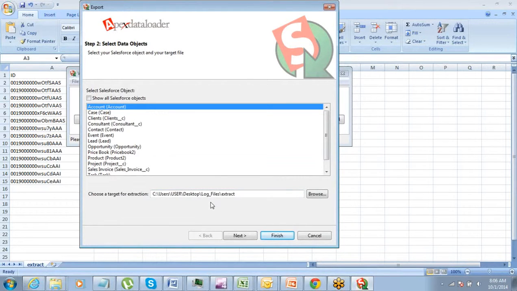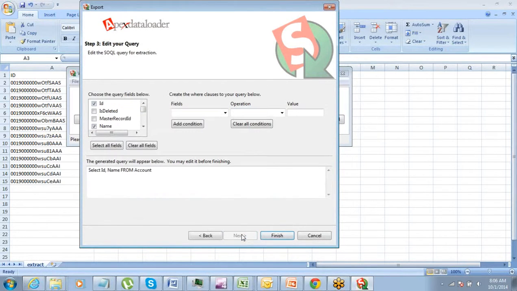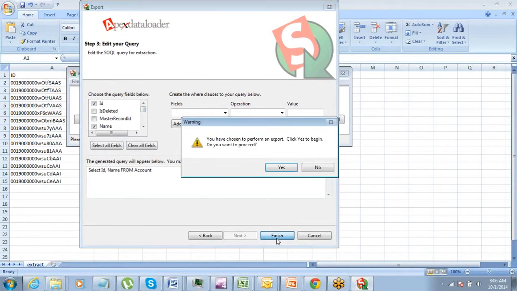So I'll do the export, I'll save it in this folder. ID and name, these are the fields that I need. Finish.